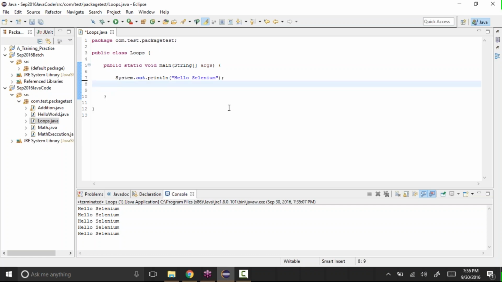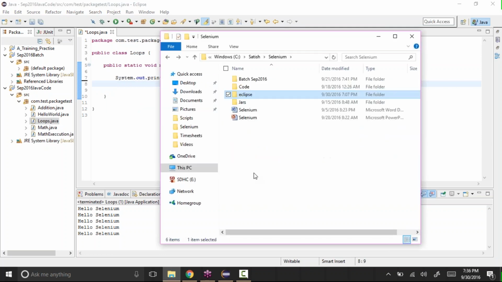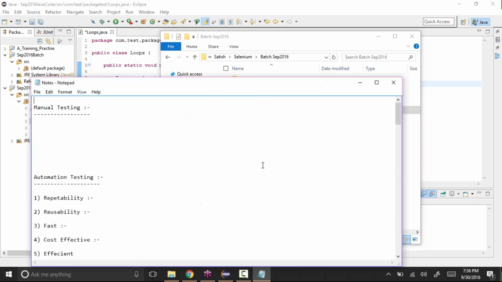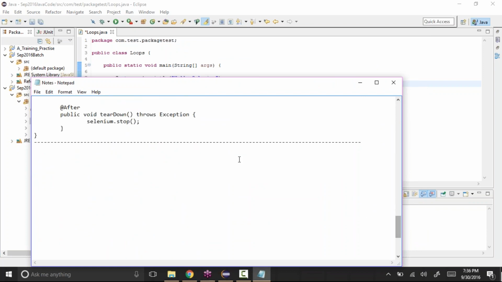Let me remove this and open our notes. Java loops, and the first one is the for loop.